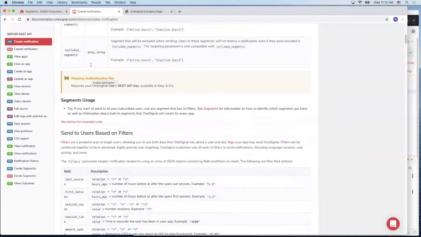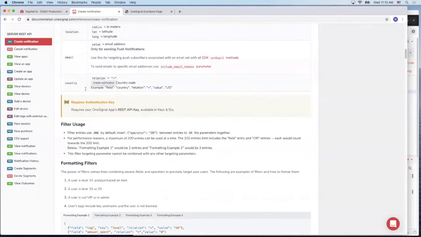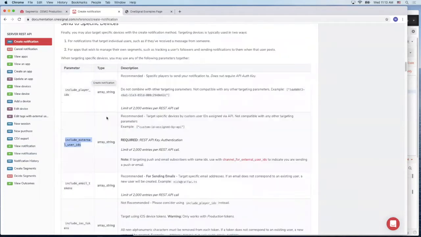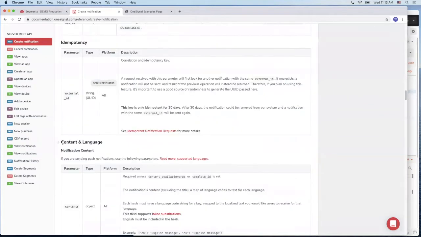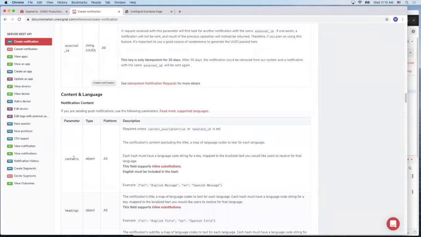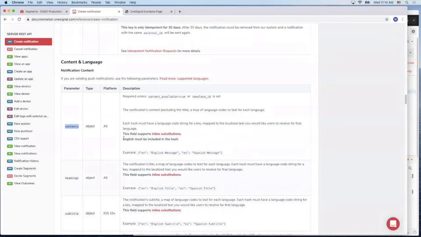So first we're going over the targeting parameters, but then we kind of get into the, when we scroll down a little bit, there's a lot of parameters. We can get into the content and language, and the first thing is contents. It's not necessarily required, or it is required unless you're using a template or content available for silent notifications. And so we're not going to really get into this in this guide, but a template ID,